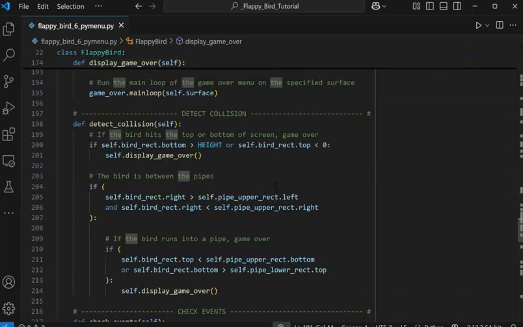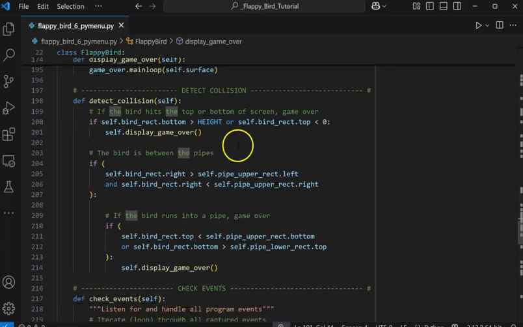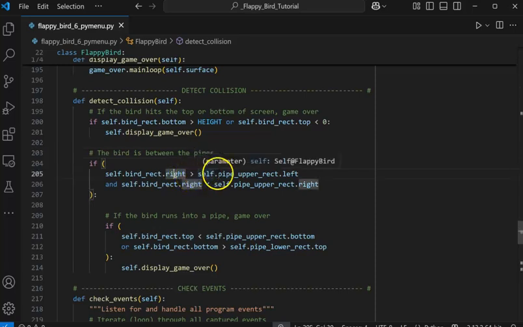So how do we detect collisions? Oh, we already talked about that a bit. If the bird hits the bottom or the top, now we have to determine, is the bird going between the pipes? So if the bird rectangle right is greater than the upper pipe rectangle left, so what does greater than mean? Well, greater than means